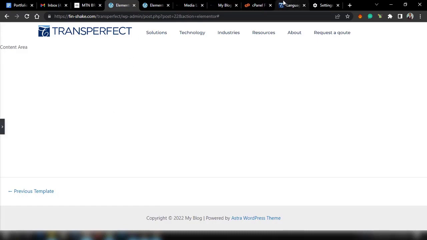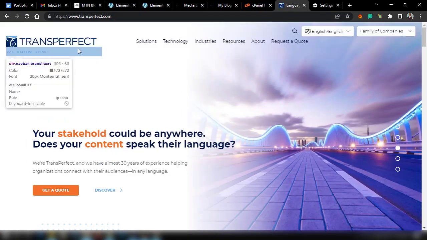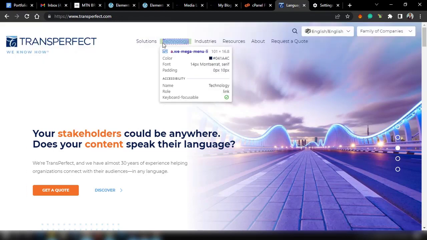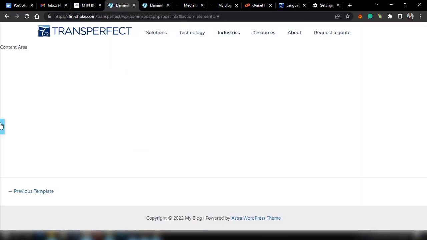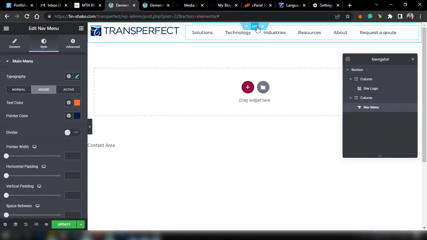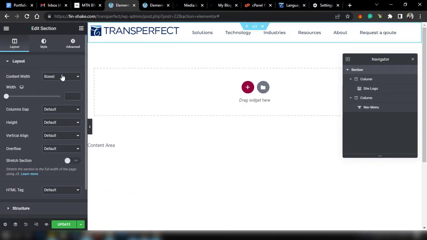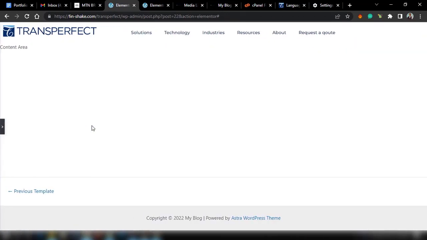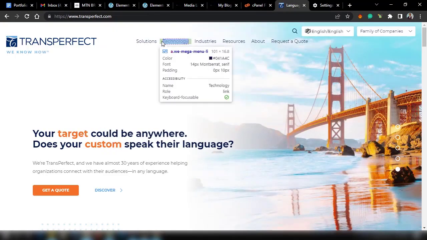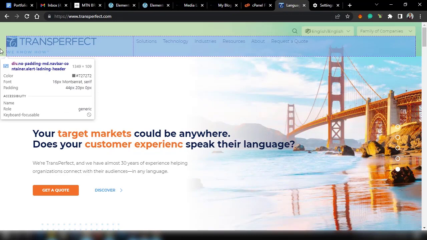The next thing we need to do is to maintain the distance between this guy and this guy. And the way we are going to do that is to first of all make this section a full width section and not a boxed section. Now that you've done that, this is the result you're going to get. I think we are near what we have right here. So I'm just going to give it